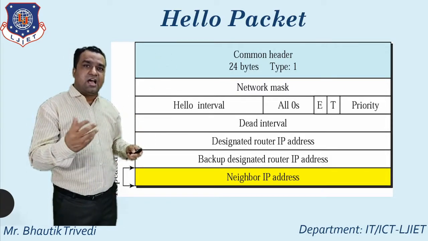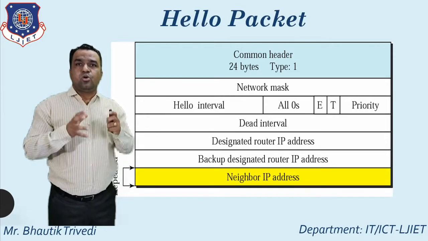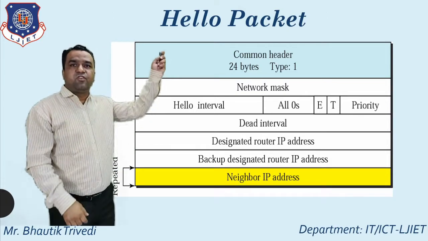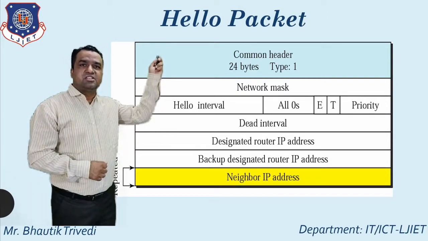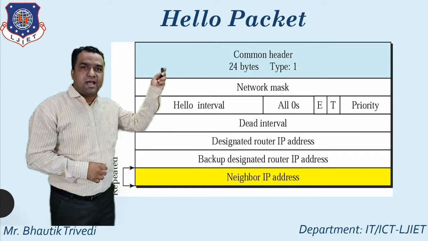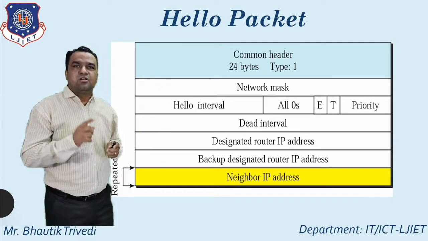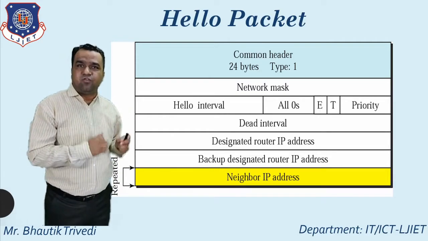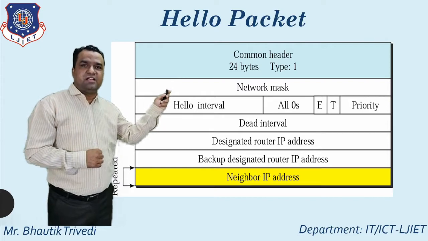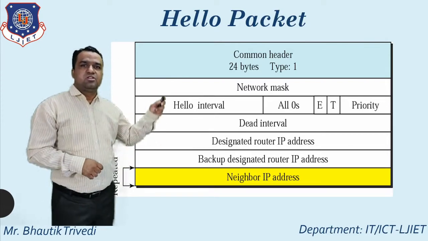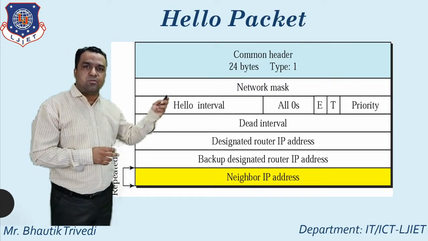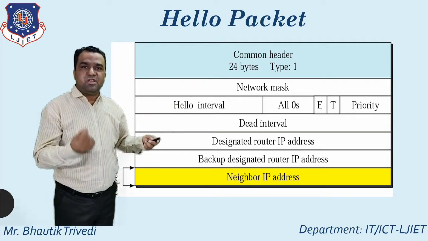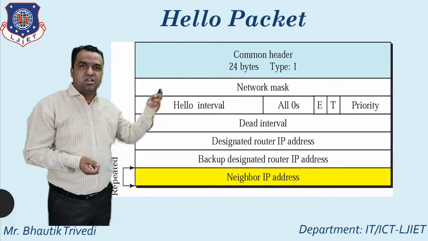All of you already know from a previous session the OSPF packet header, which is supported by one diagram. So the first component is always the common header, 24 bytes, where type is equal to 1. Here type is equal to 1 because that is the hello packet format. After that come the different components. First we only talk about the different components, and then one by one we see the meaning of each and every field.